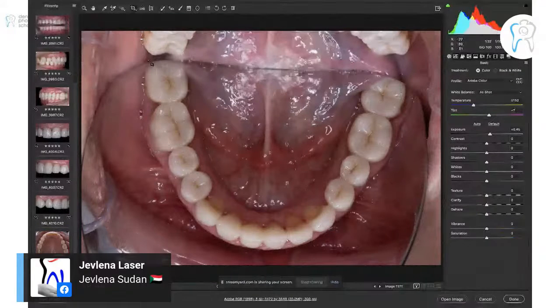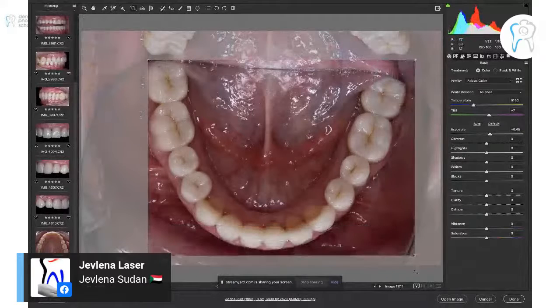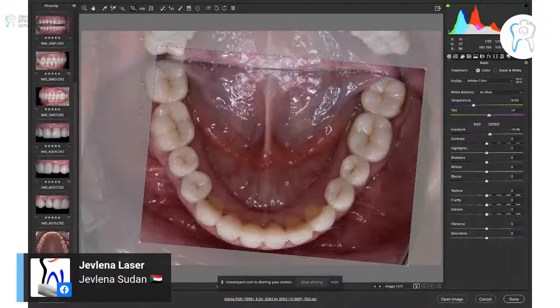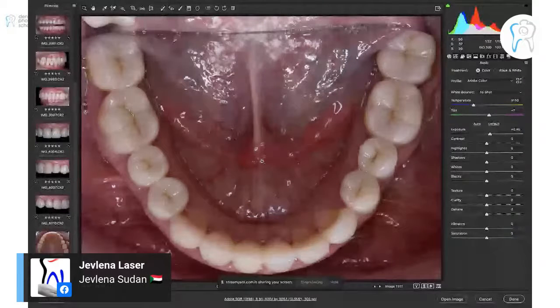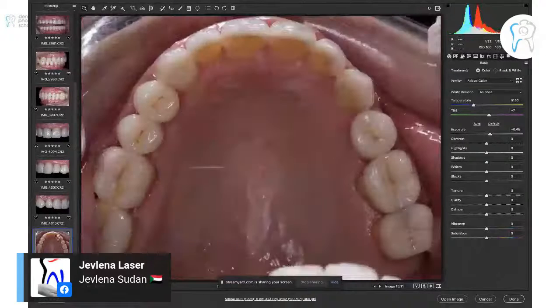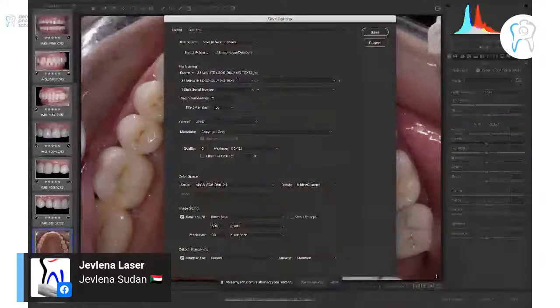Do not spend a lot of time in this basic editing because we have quite a lot of other things to do. So I'm hitting enter and I'm pretty happy with it, and I am going to select all and I'm going to save the images. Now is the most important thing. So I'm going to be calling this